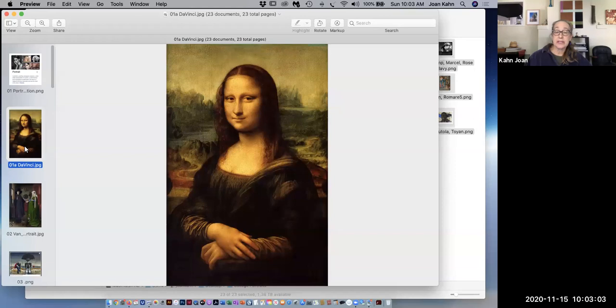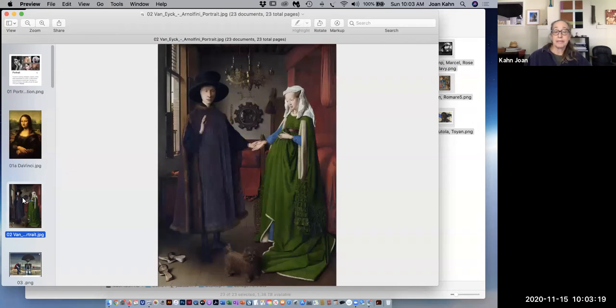So she probably wasn't sitting in front of that landscape when he had her sit as he did sketches for this portrait, but he chose to put that landscape behind her. So that's what you're going to do, is choose things and landscapes that represent the person as well as their likeness. This was another piece by an artist named Van Eyck, and it was the portrait of the nuptials of the couple